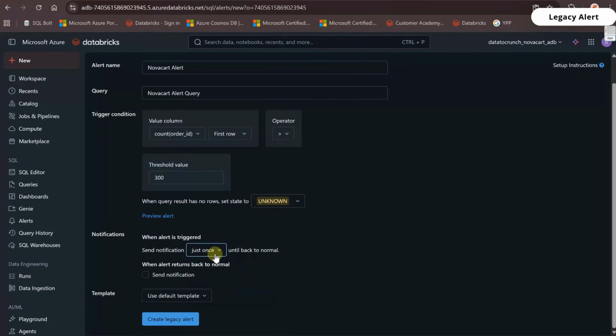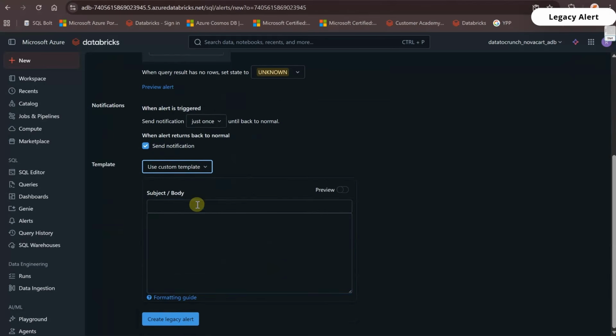As of now we will keep it as just once, okay? And it will say send notification. We will click on send notification, okay? So here under the templates you have two options. You can either use the default template given by Databricks or you can customize this template, okay? So let's say suppose if we'll click on customize template, then we can create subject and body of that email. So let's say I'll say order count